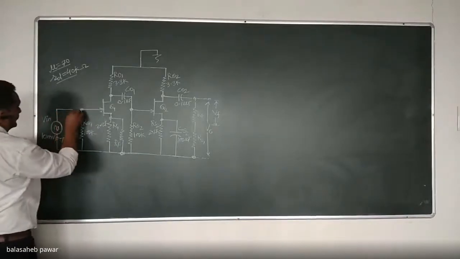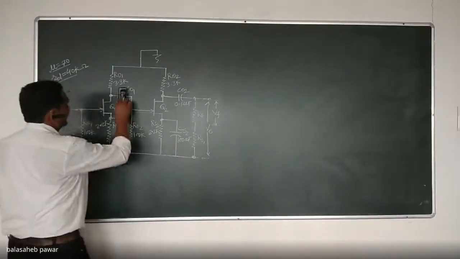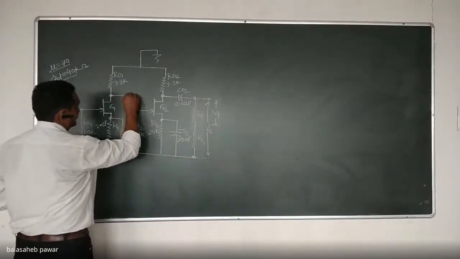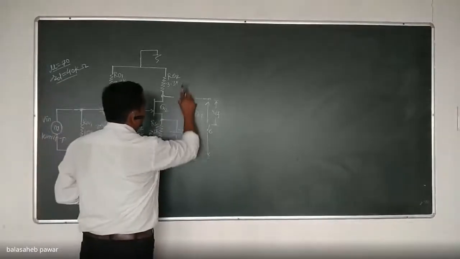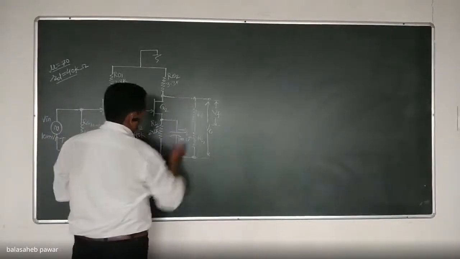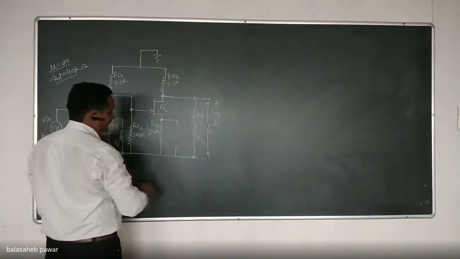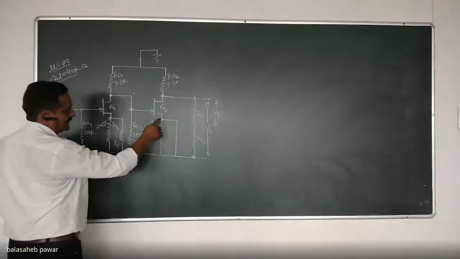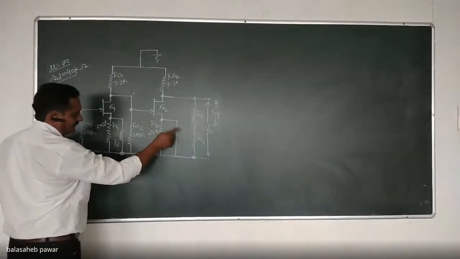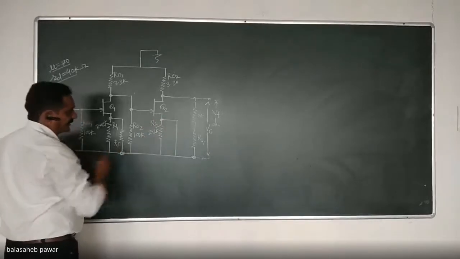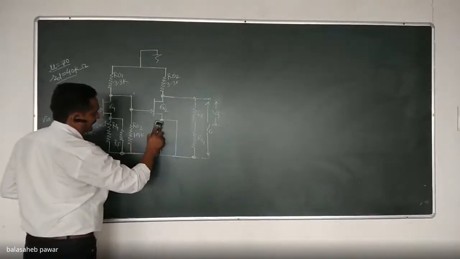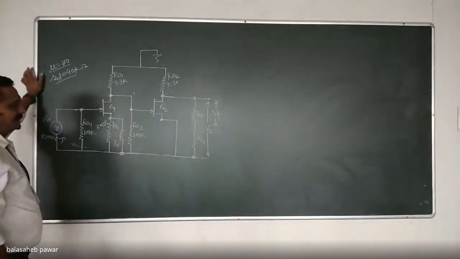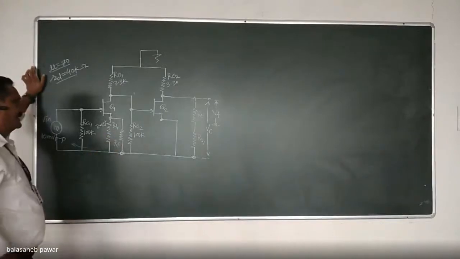So it will act as a short. This one also will act as a short circuit. Output coupling capacitor, again short circuit. And bypass capacitor of second stage, it also acts as a short circuit. Now, over here, you will observe RS2 will be bypassed by a short circuit path, so its effect will be 0. Hence, no need of this RS2 because it will get bypassed by that bypass capacitor, which is acting as a short circuit for the AC equivalent, right?